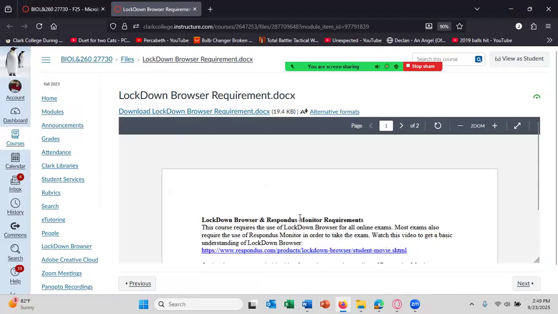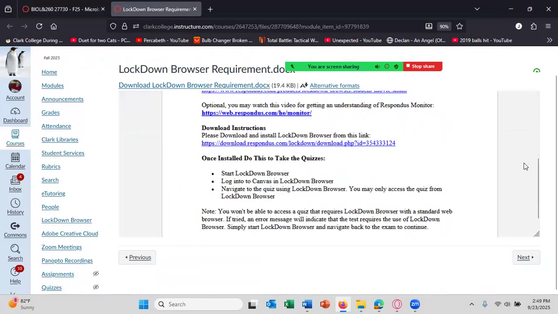You can let me know if you have a problem getting Lockdown Browser to work on your system, but you really need to get technical help. Once you download the Lockdown Browser, you need to open it, log into Canvas in the Lockdown Browser, meaning log into our Canvas web page in the Lockdown Browser. It's a separate browser. Navigate to the exam to get the Lockdown Browser to work,